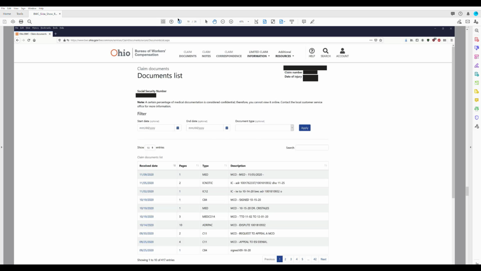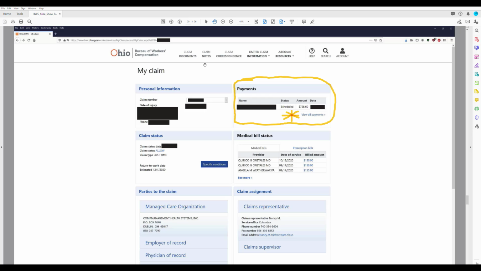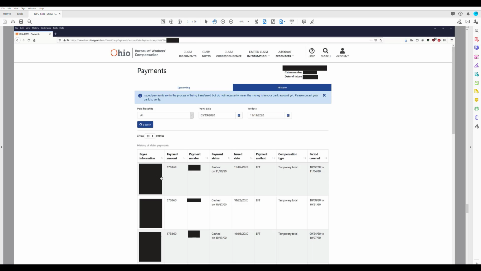So let's see, what do we have next? Okay, payments. So if you're like, hey, attorney, when am I going to get my next check? You know, temporary total disability compensation. You can look at view all payments. So you'll look in here, get to that page, and you can say, oh, okay, it looks like the TT was issued on 11/5/2020, and well, this person cashed it,